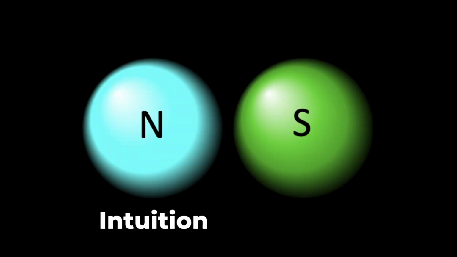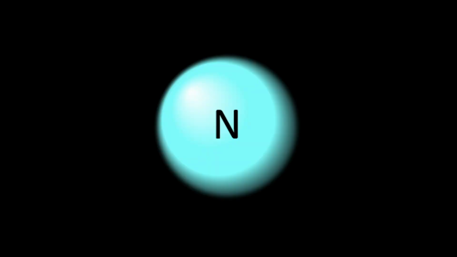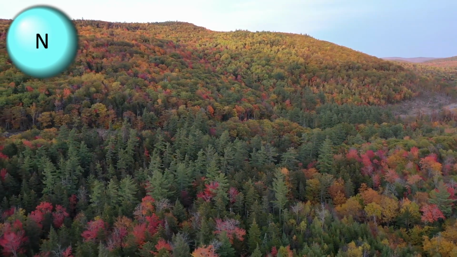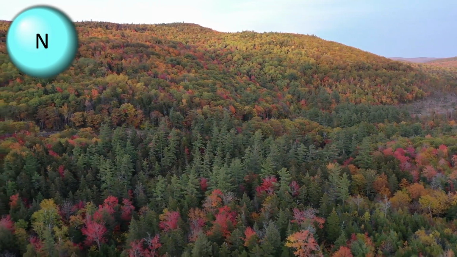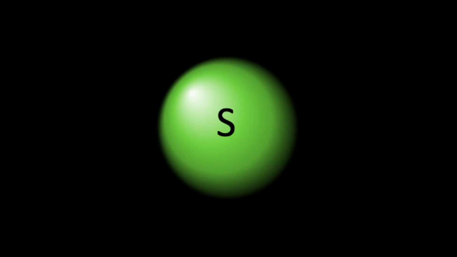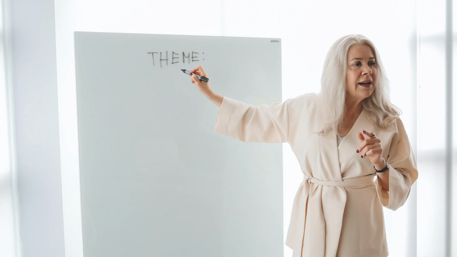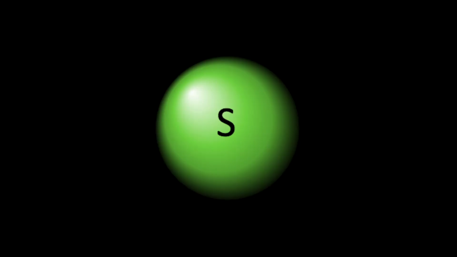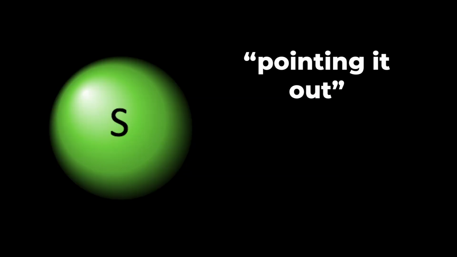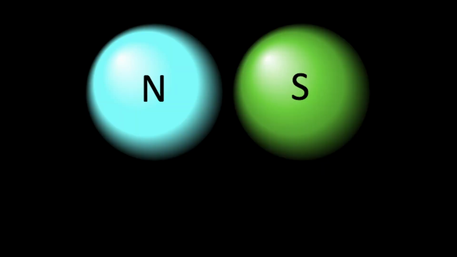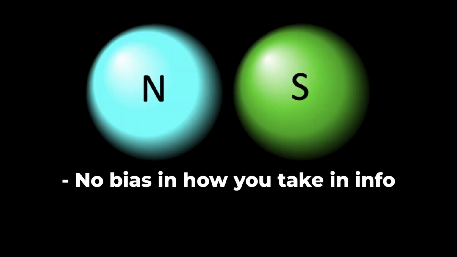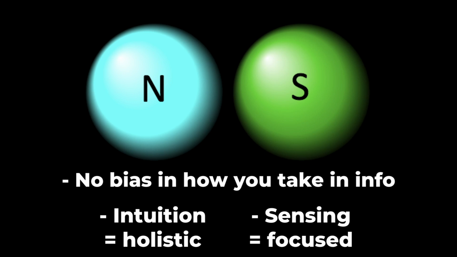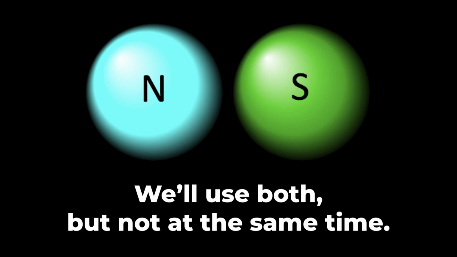First, we have intuition and sensing. Now, intuition looks like this. You see a hell of a lot of stuff, it's kind of nice, but then you can't really see detail. Sensing sees detail. Sensing is like that one English teacher that you had that always points out every stupid-ass flaw in your essay. But sensing is more of the pointing it out and not the stupid-ass flaw. The common thing about these two is that there's no bias other than if it's holistic versus if it's focused, and we tend to use both but not at the same time.